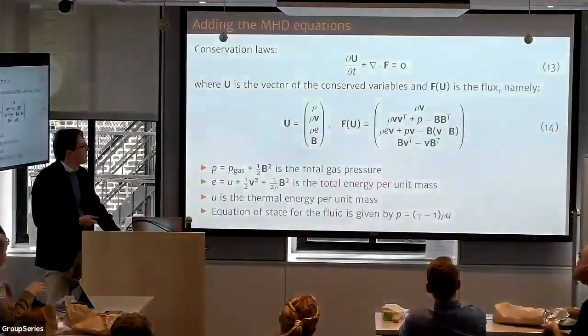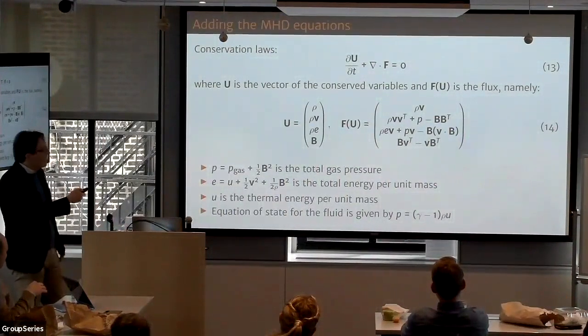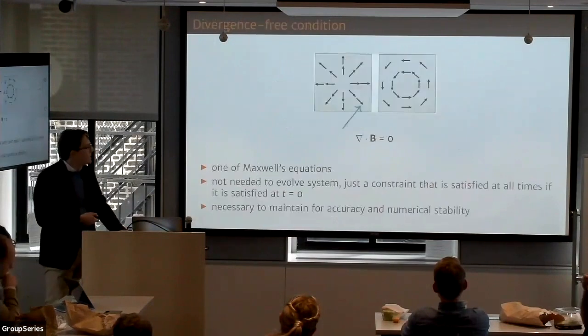What happens when you add in magnetic fields? Naively, I've written the equations down in conservative form. So here I've added the magnetic field. Here is the flux operator. And naively, it looks like it's just another conserved quantity where you can calculate fluxes. But there's an important